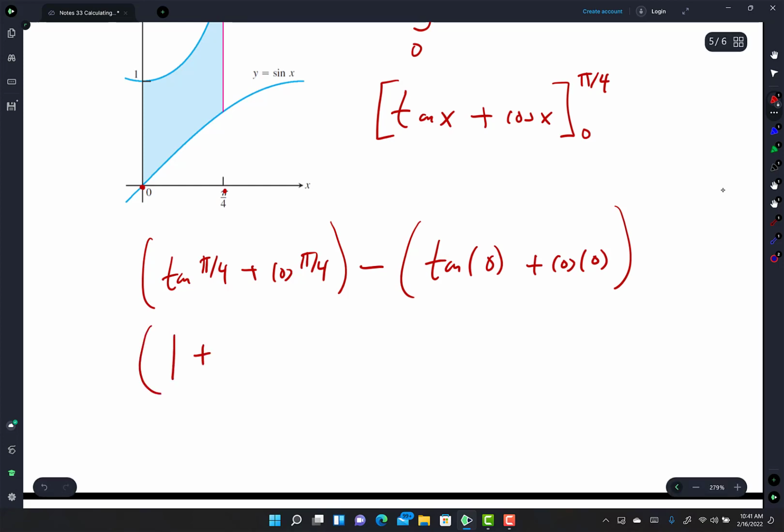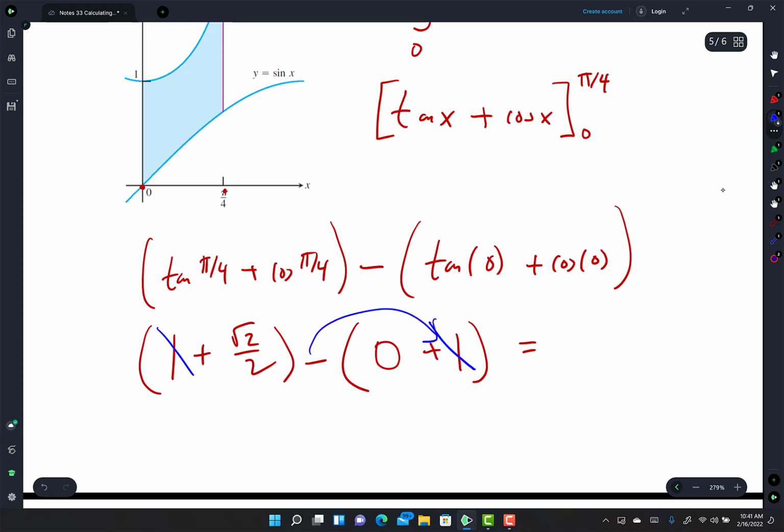What is cosine of π/4? Minus tan of 0? 0. And then cosine of 0 is 1. I see they're making the job easy for me. I can see that the 1s are going to cancel out because when you distribute that negative, there's a negative 1. So my final answer is just